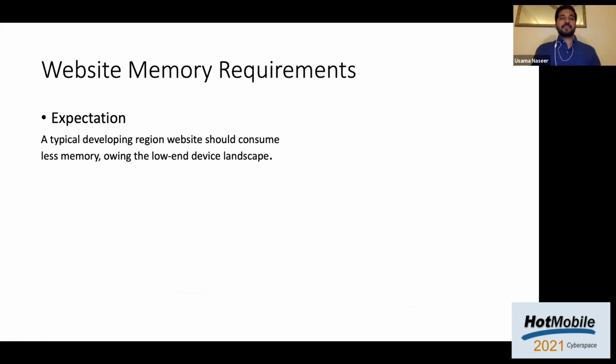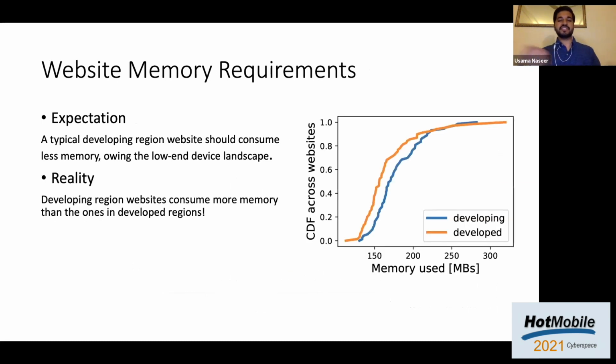Now, one would expect that this discrepancy of resources would reflect in the memory usage requirement from the website. However, as in reality, expectations can hurt, and that's what we see in our measurement. We see that a typical website in developing region actually consumes more RAM than one in developed one. This result indicates that the users in developing region disproportionately get impacted by the negative implication of their special landscape